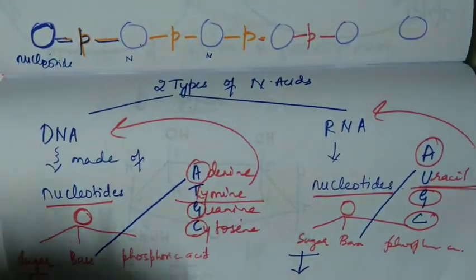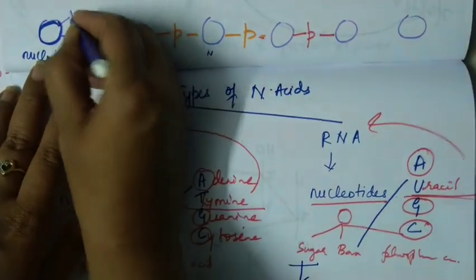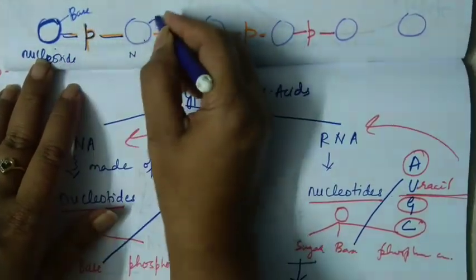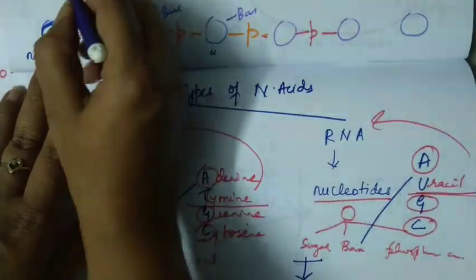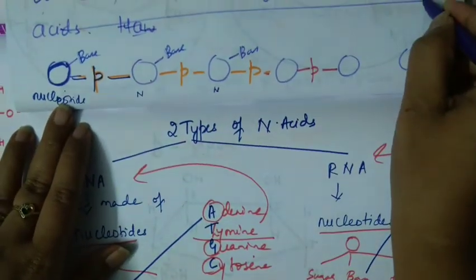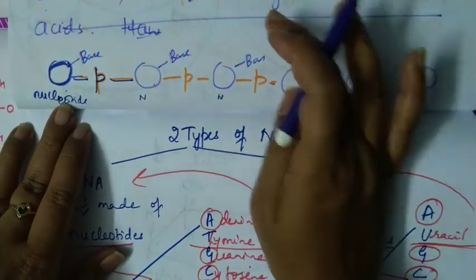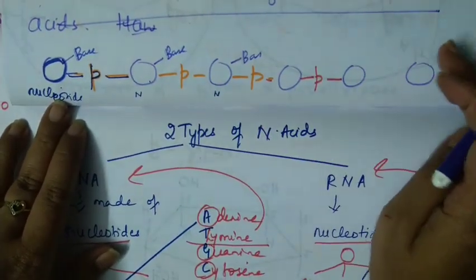So something is missing here. What is that? A base. You can highlight a base here. Understood? So you have another nucleotide chain here and a link is formed between them, which we shall be